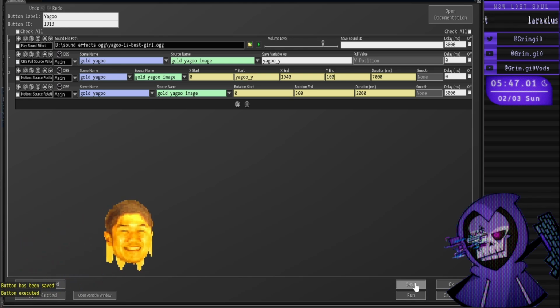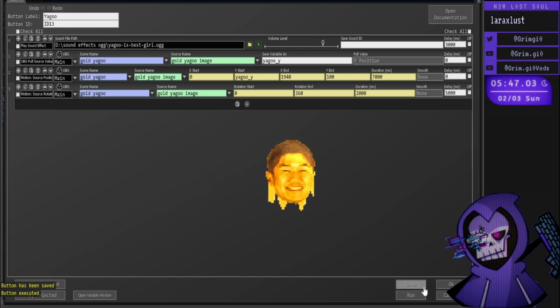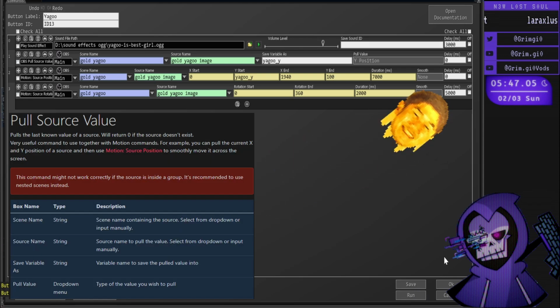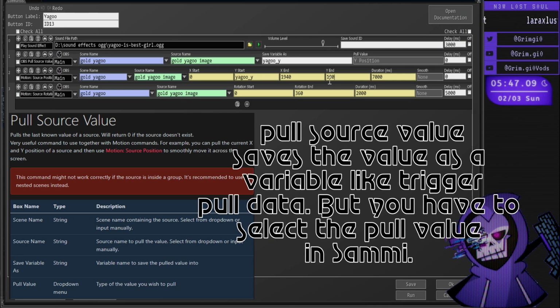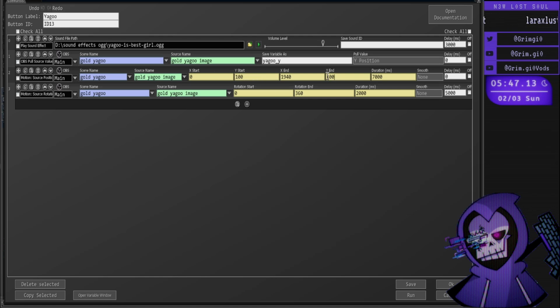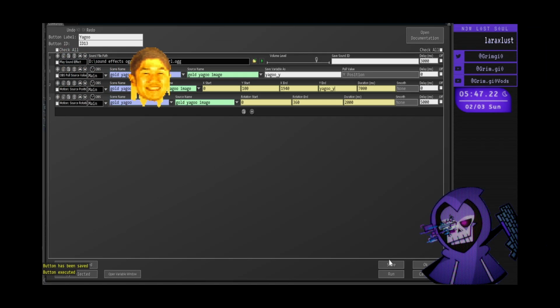If you're worried about the source moving around too much from where you initially placed it, then use OBS pull source value to save the position to the source, and add that to the yellow box. You don't have to wrap this one because this is a yellow command, but you would if the command was a white boxed one. If you're wondering how far Yago